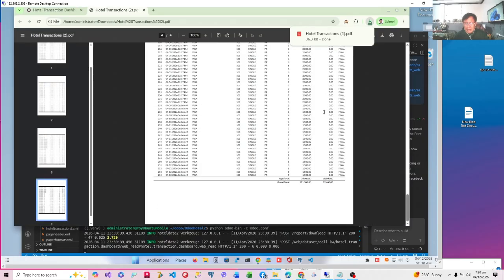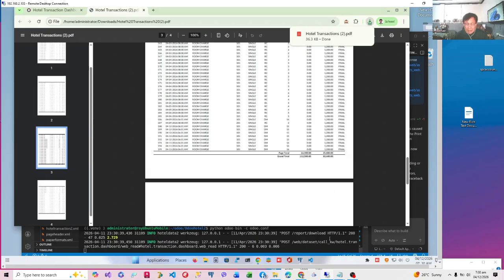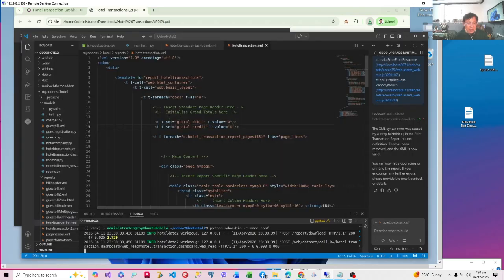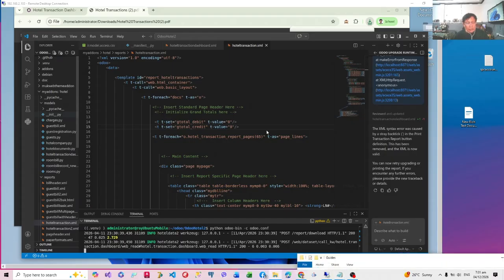So that's correct now. No, we have made a mistake in putting the initialization. It should be above. So I'm going to change my guide also. So I'm going to reflect it in the description below. Okay. So now we have the right grand totals.